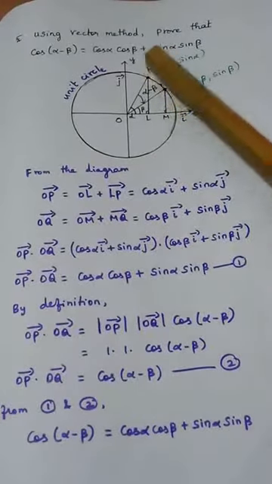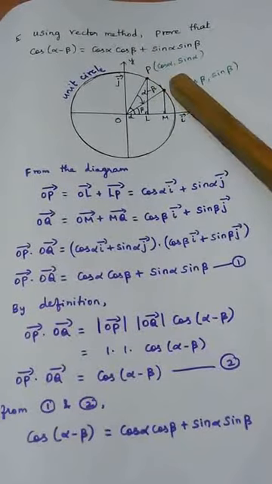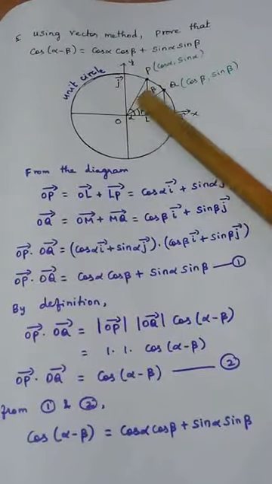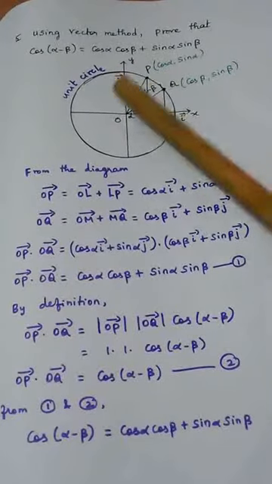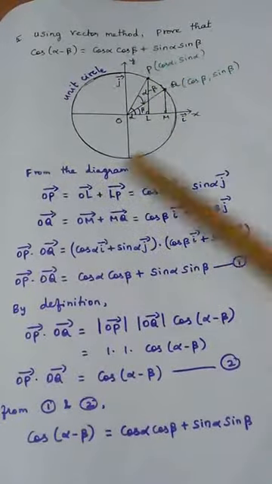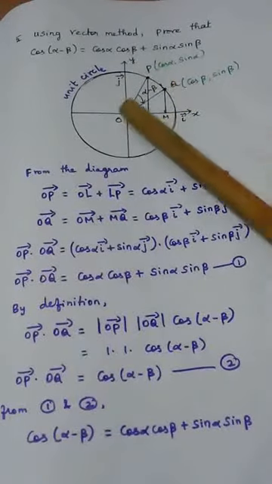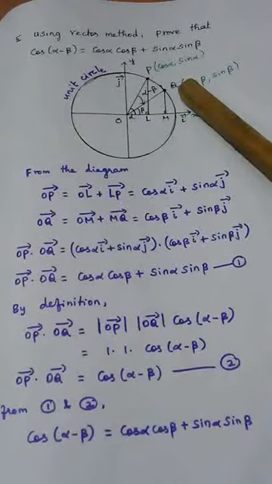Draw a unit circle, take P and Q, two points on the unit circle in the first quadrant, and join P with O and Q with O. So first you will draw this line, after that you will draw this line. First circle, x-axis, y-axis. Take two points P and Q, connect OP, connect OQ.